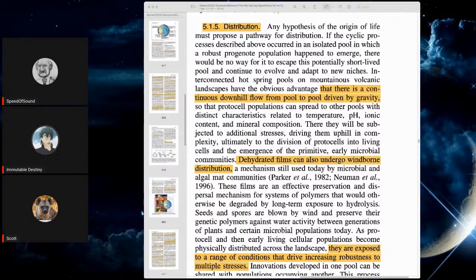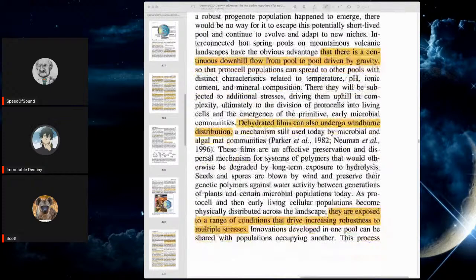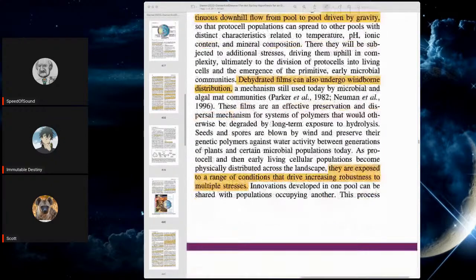As protocell and then early living cellular populations become physically distributed across the landscape, they are exposed to a range of conditions that drive increasing robustness to multiple stresses. Innovations that developed in one pool can be shared with populations occupying another. This